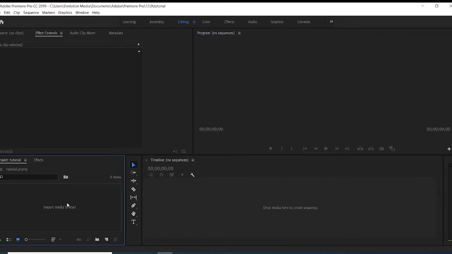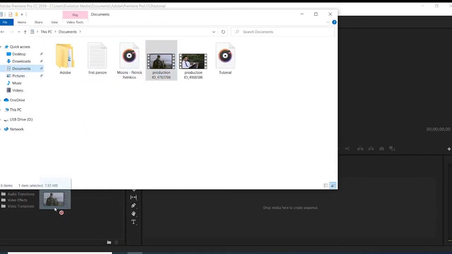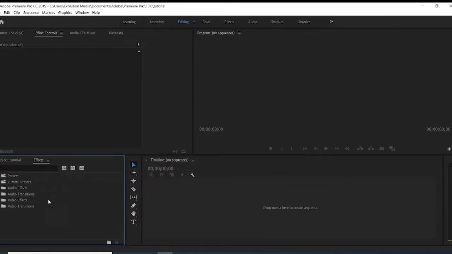There are two major ways you can bring your file inside Premiere Pro. You can drag it in here, or drag it in here. That's one way. Or you can import. If you import, it's going to automatically be here. But if you click on this effect and you want to drag the files here, it wouldn't drop. You see this red sign, it won't drop. It's because I'm clicking on effect and the file cannot come to effect.